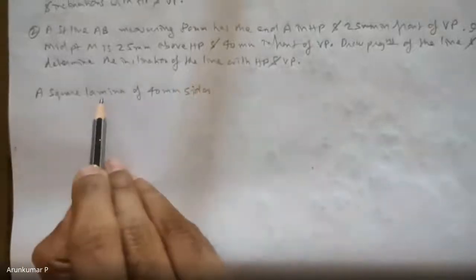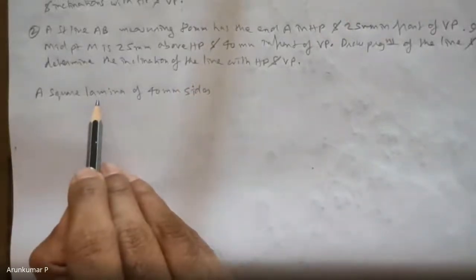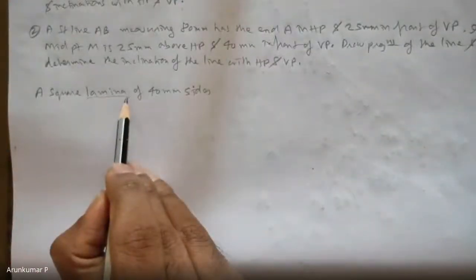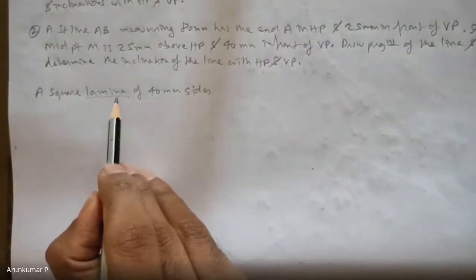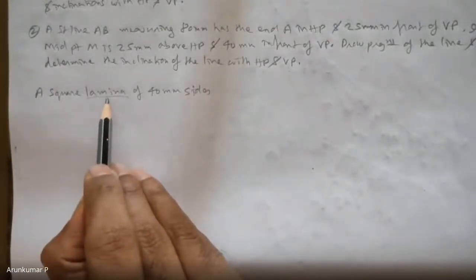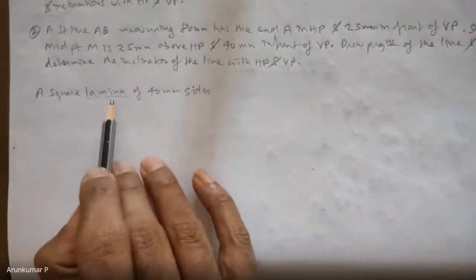So this square lamina is nothing but the square plane. So instead of plane, this word lamina is also used. Both mean the same. Sometimes plane will be given, sometimes lamina will be given. The meaning remains the same. We are dealing with planes. The square lamina of 40 mm sides